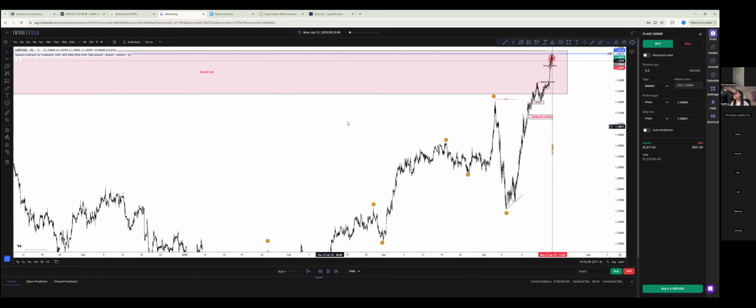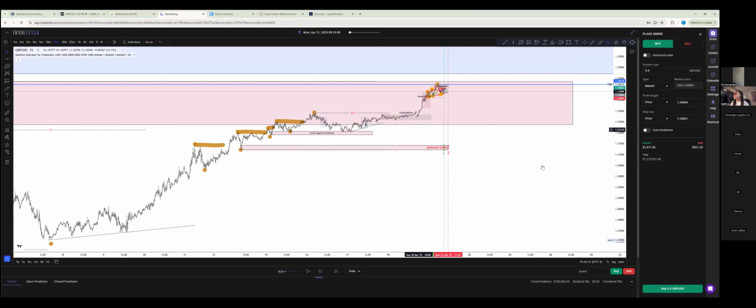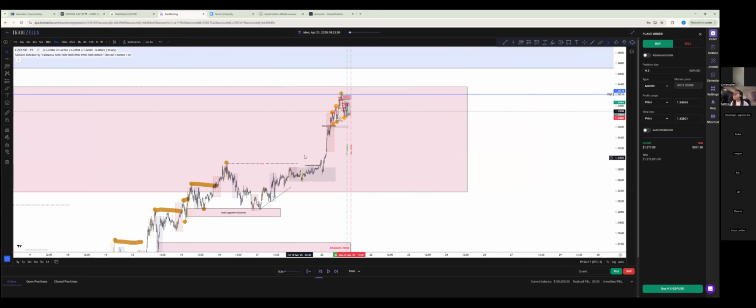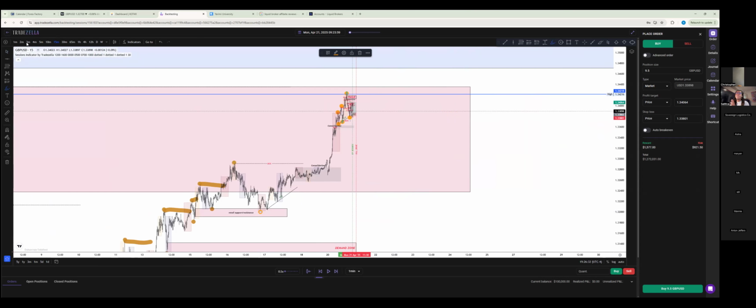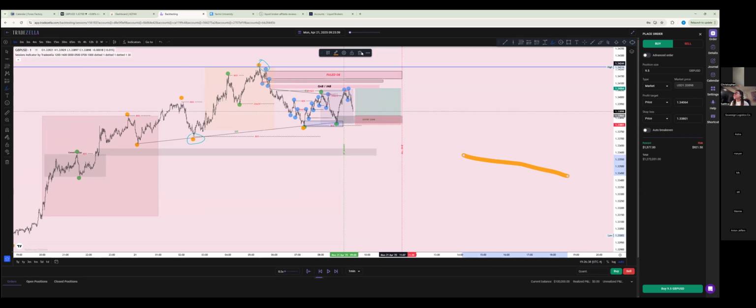Okay, what else? Another reason why price could fail on a 15 minute, I see that we broke structure here. We broke this. This was the last big structure break that happened on a 15 minute, and we haven't retraced to it yet. And this was the low from where it came from. So I know that there's all this liquidity here. So these are me thinking about the reason why price should fail. I haven't even started breaking down why it should hold yet. So now that I've analyzed all of these reasons why it should fail,